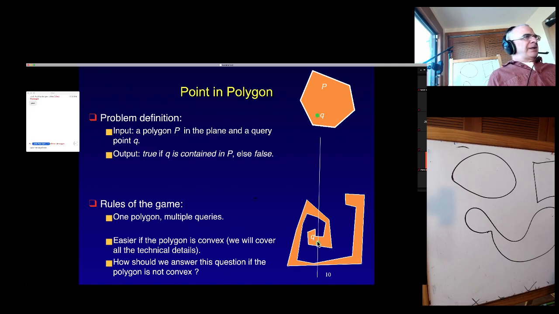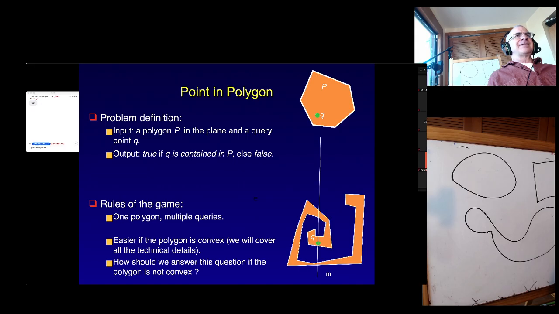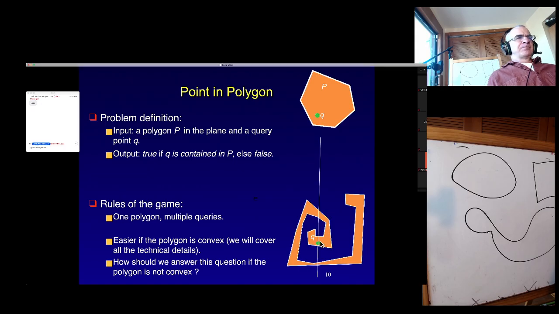But that's already a good example of why the general position assumption makes life easier. General position is like no Murphy's law. There are things that are very unlikely to happen, and they will not happen. What do I mean? In this little problem, how could I have bugs in this algorithm? What happens if my vertical line